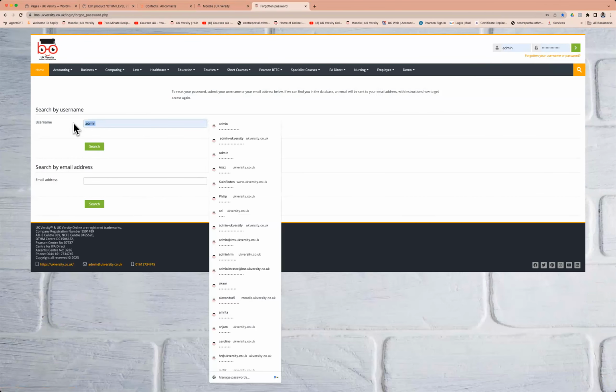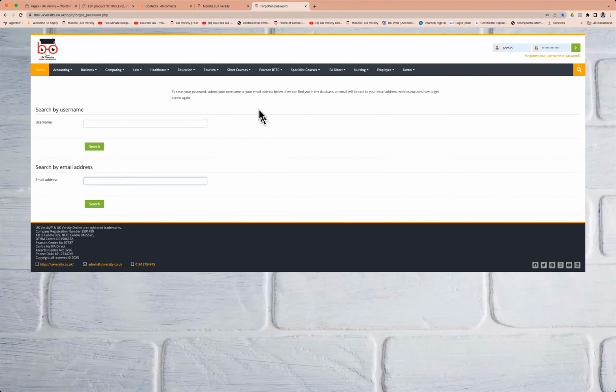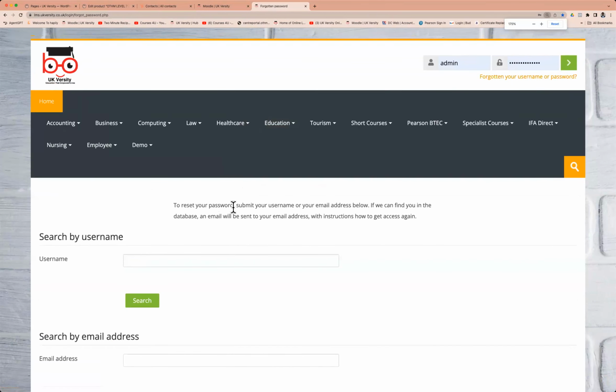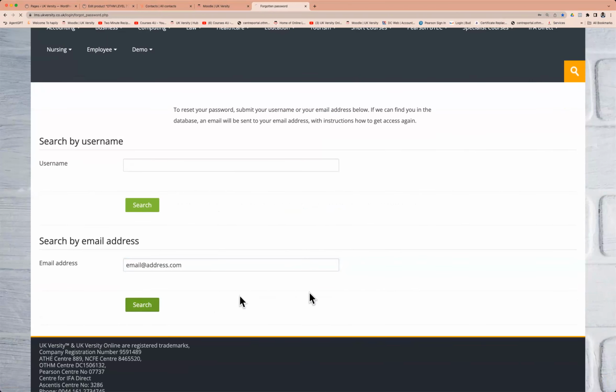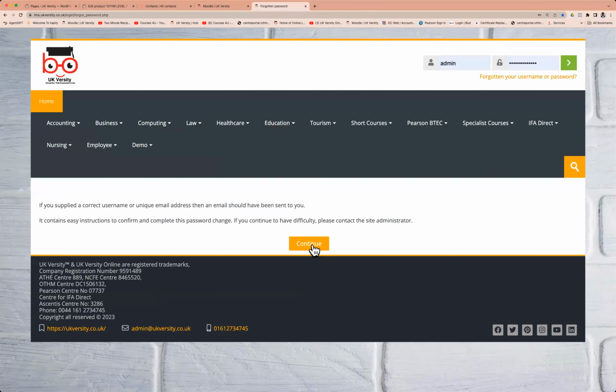It'll ask you to either key in your username or your email address. Only one is required. So if I just magnify this again, it says either your username or your email address. So it's always best to put your email address. And the moment you put your email address in, and it detects that you are a user, what it'll do is straight away send you a reset link to your email,